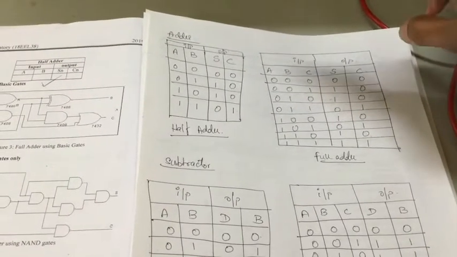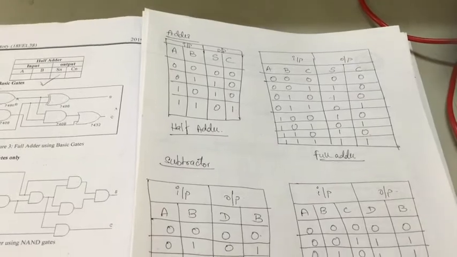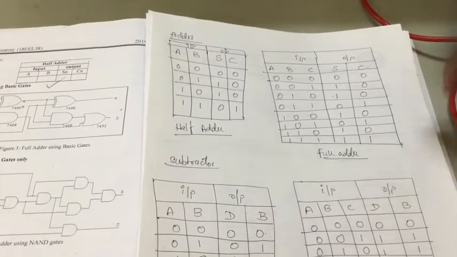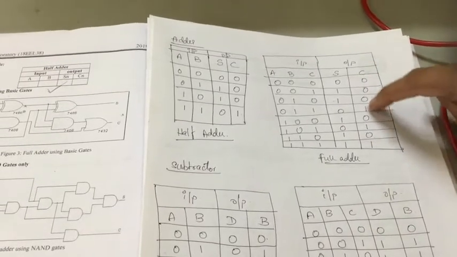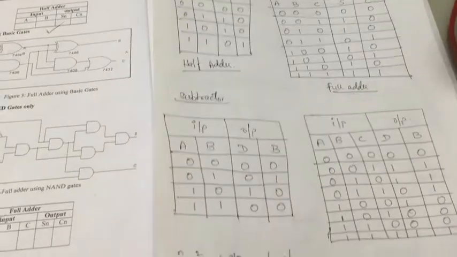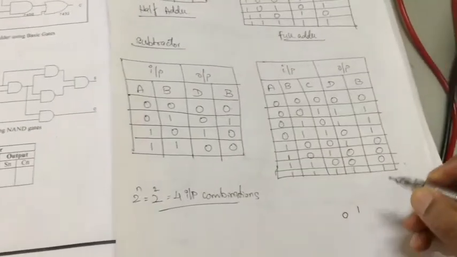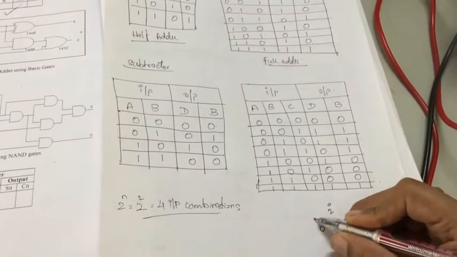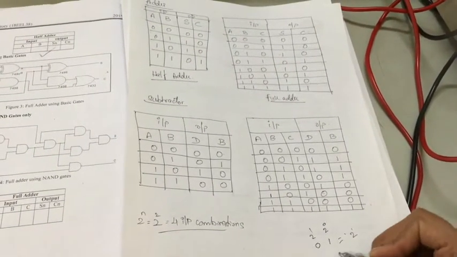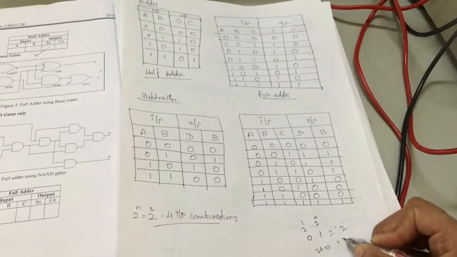But in binary we can't, I can't represent 2, right? Binary holds only two values, one is 0 and the other one is 1. So how do we write 2 in binary? In binary we write 2 as 0, 1. That means to say 2 to the power of 0, 2 to the power of 1. So this becomes decimal equivalent of 2. 0 plus 2, so this will be equal to 2.